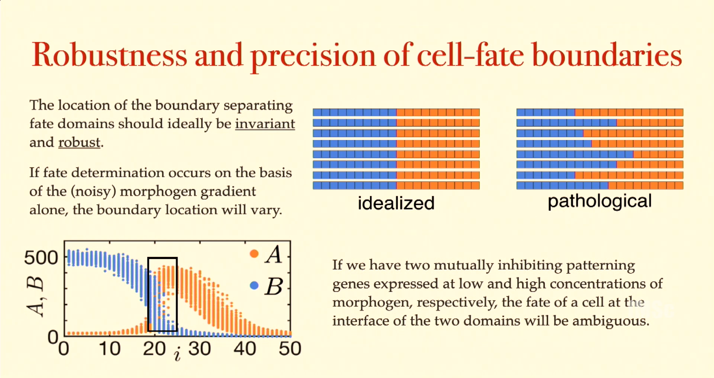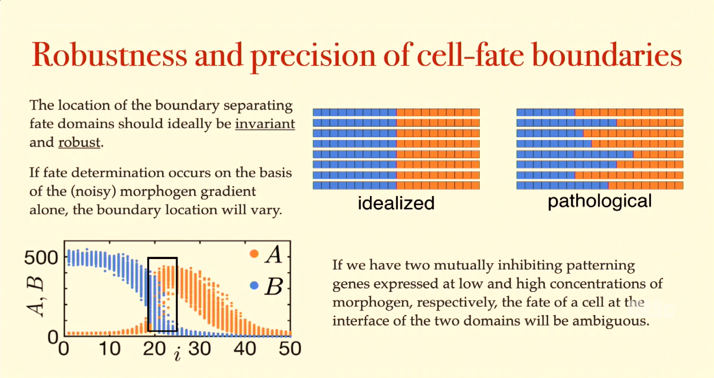And we know that it is invariant and robust. So the question is how. Here's another example to show this. If you just have a morphogen going from left to right, and you have genes A and B, and let's say that B is expressed at high morphogen and A is expressed at low morphogen, then very clearly